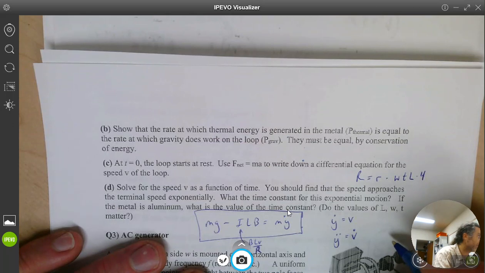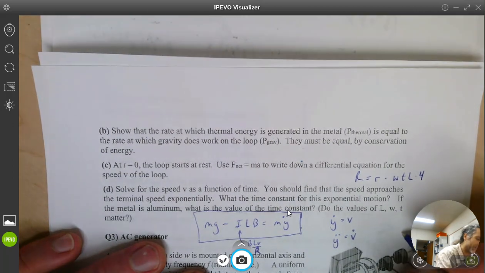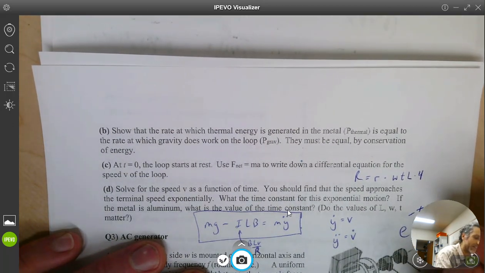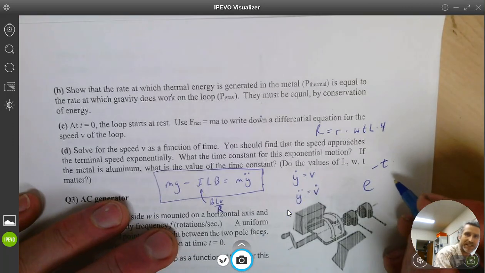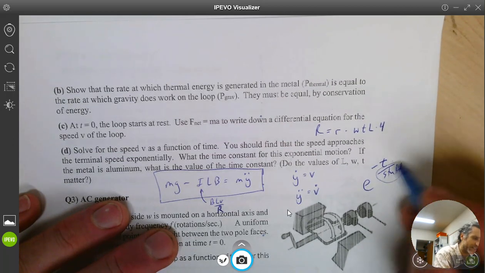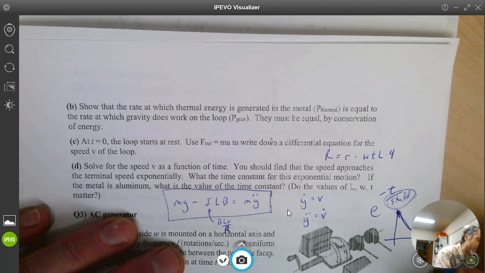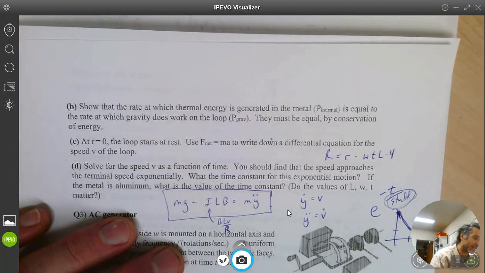One of the things that I wanted you to do is to figure out a characteristic time. Whenever I see something like e to the minus t times some stuff, I try to rewrite it as e to the minus t divided by the stuff, or re-massage it into that. And then that stuff becomes a tau. Whenever you see an exponential function like that, where it decays, it means that if time is 0, then you have some value. And when time is equal to tau, you end up having 1 over e, which is about 37% or so. So this is what is called a characteristic time.